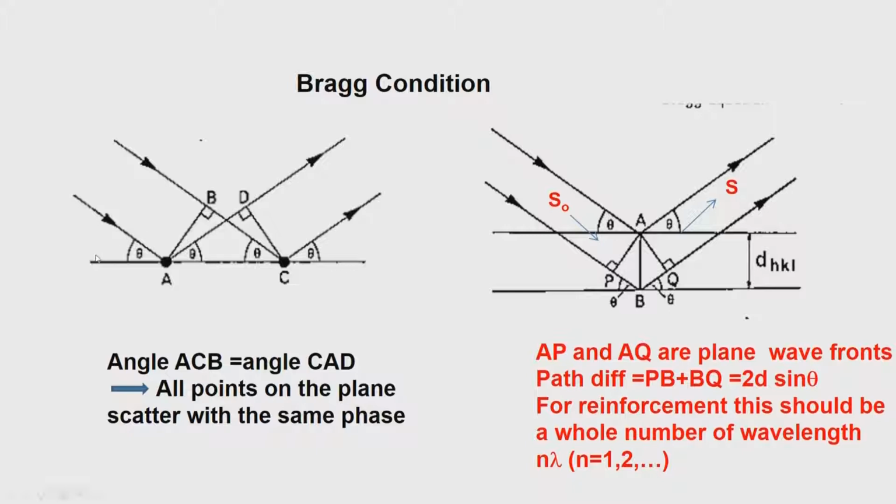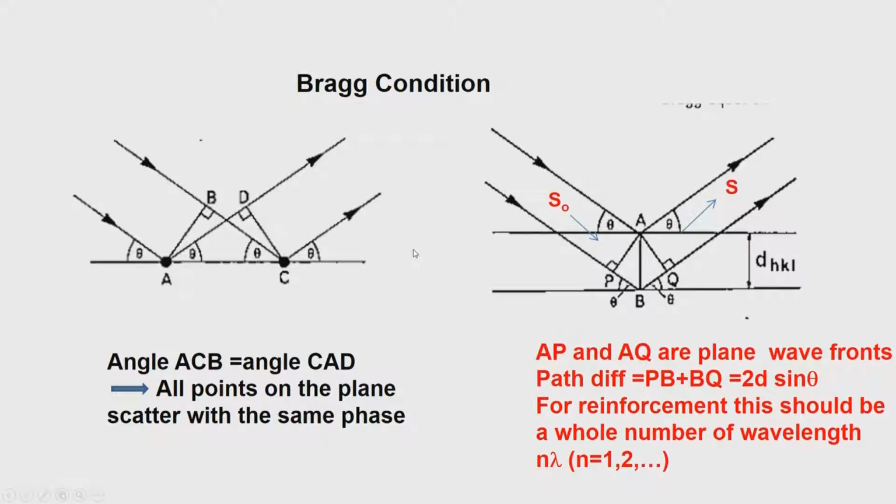Suppose you consider this as the plane passing through the origin, and along different directions, at different distances, different atoms lie on that particular plane. As far as the phase associated with this plane is concerned, it is always 0, because it is passing through the origin. And if atoms sit on this particular plane, the phase that is scattered by these atoms will also be 0. So, this is a very important point, that they scatter with the same phase if you consider any point on the plane. So, in a given plane, any plane for that matter, it need not pass through the origin,